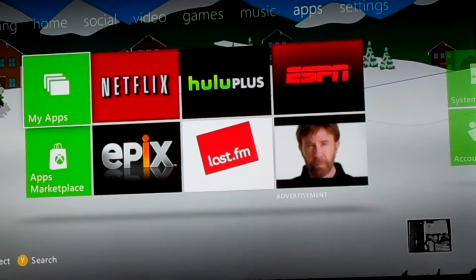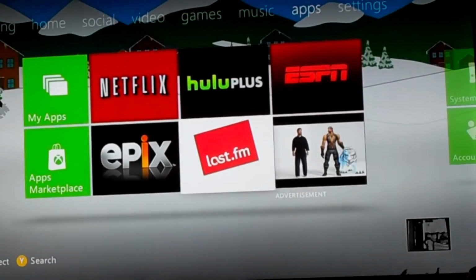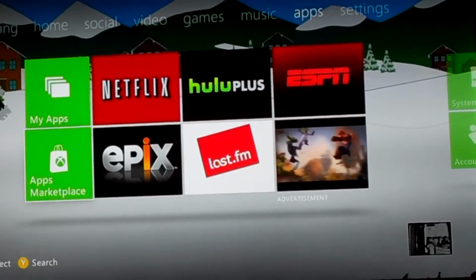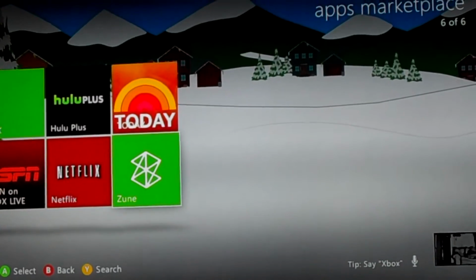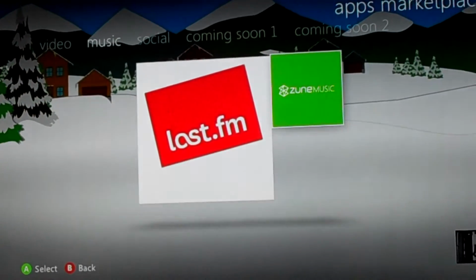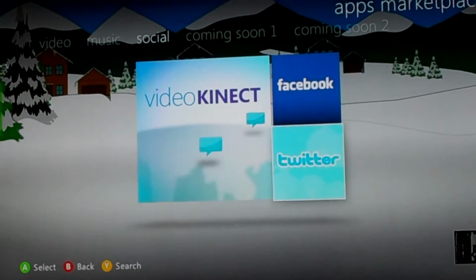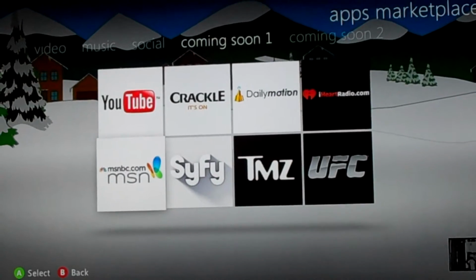So apps. This is apparently where they put the Netflix and Hulu Plus and ESPN, Last.fm. You can check out the apps marketplace because that's got to be new stuff. And apparently that's it. So of course there's not much yet. Music, social. You got the Facebook and the Twitter, the Video Connect. Coming soon, we can see